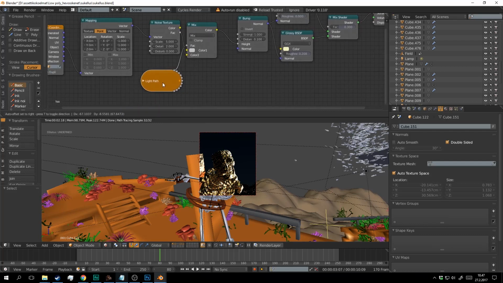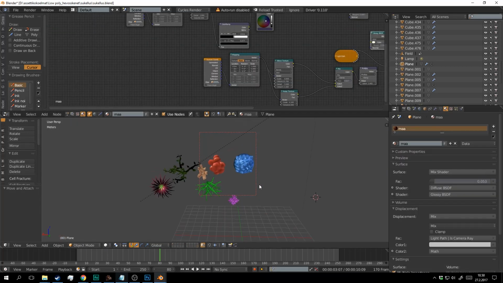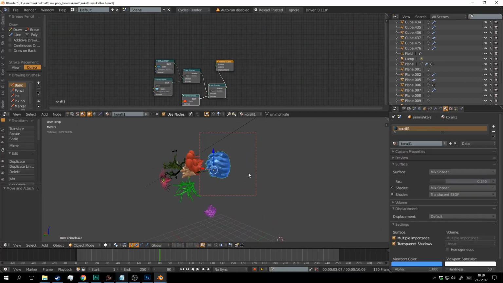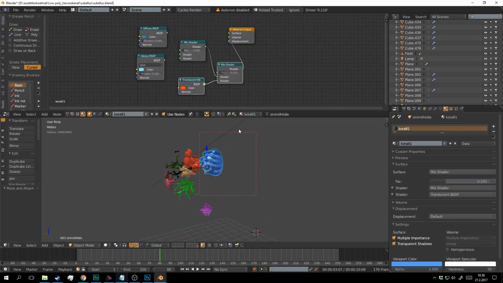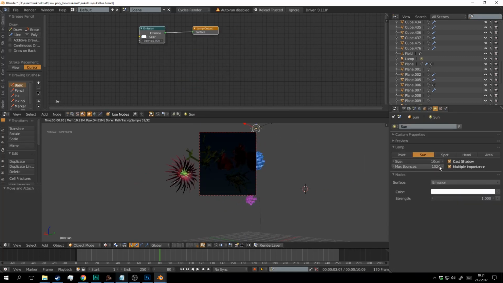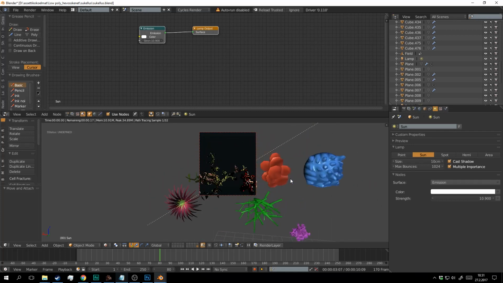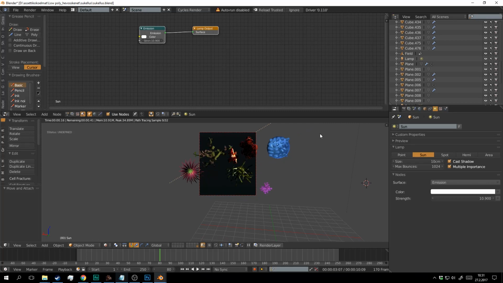Okay, now you maybe wanna see the corals. They are all here. And they are very low poly. And so there is not much of details. But because there is thousands of those in the scene, it starts to look that they are actually very detailed.